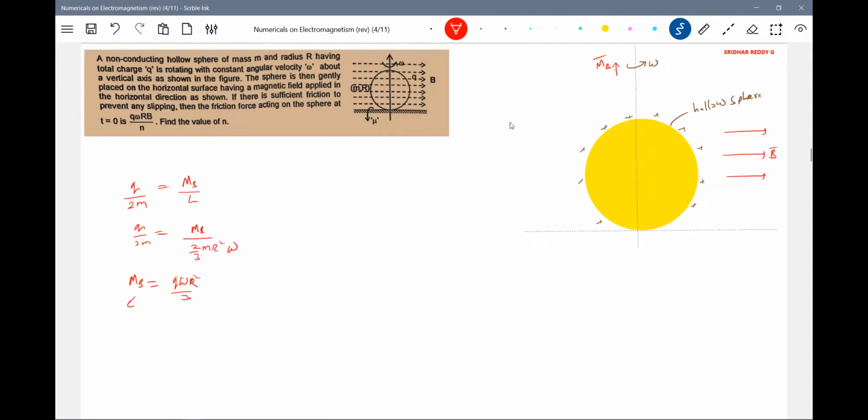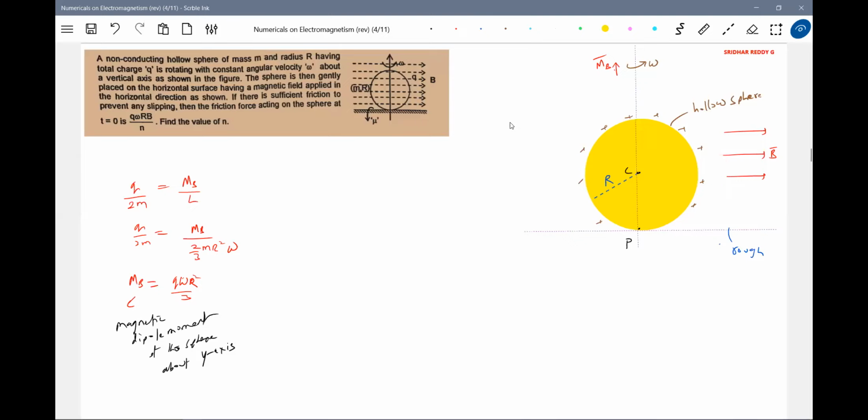What should I call this? The magnetic dipole moment of the sphere about the y-axis. Let's have some clarity here. Now, due to this dipole moment, will there be any torque? So there are 2 points I'm very much interested in. One is the point C, the center, and the other is the point of contact. The surface is rough. And then will there be any torque? Yes, there's a torque.